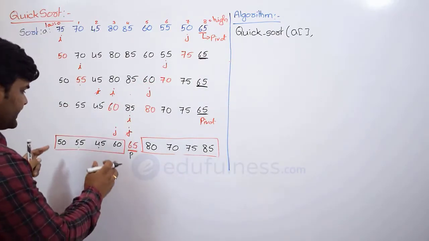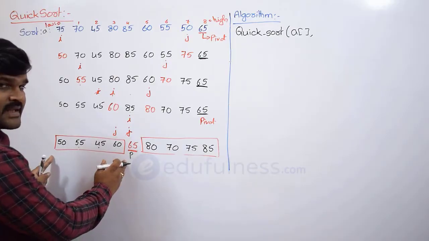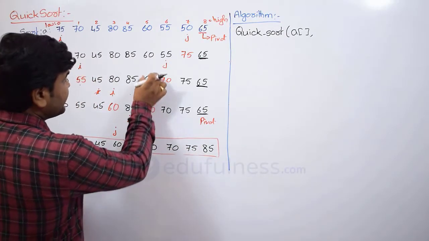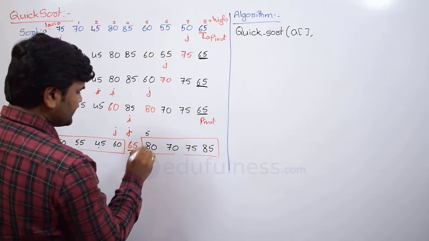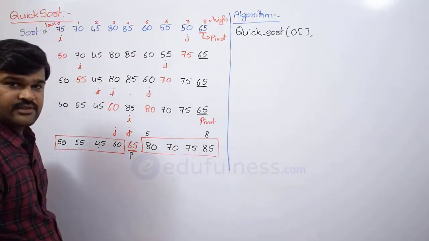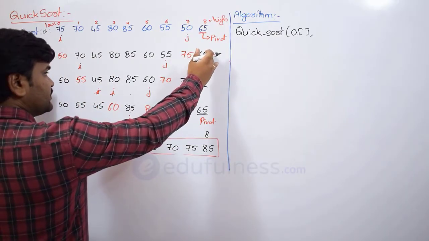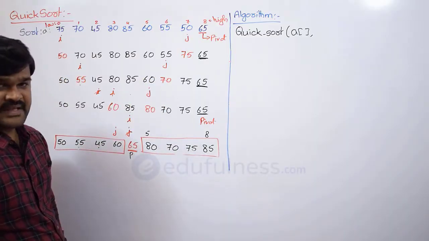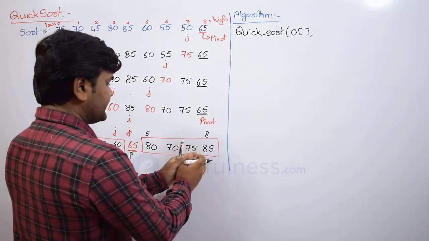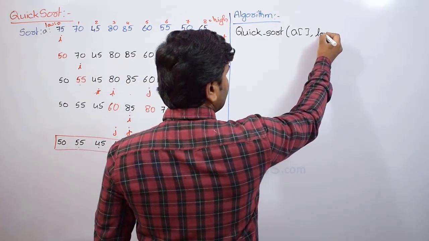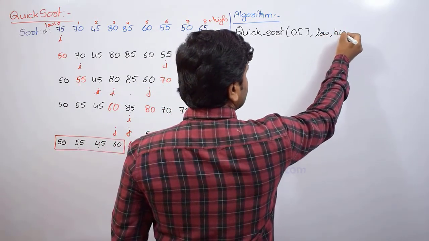because whenever we are solving this subproblem, what is the lowest index? That is 5. What is the highest index? That is 8. Because for these n elements what you used, for these elements also you are using the same algorithm. So that is why low and high you have to pass. So that is why we are going to take the variable names low and high.